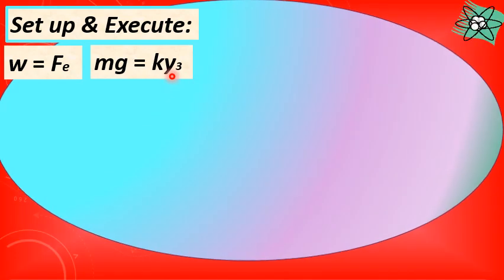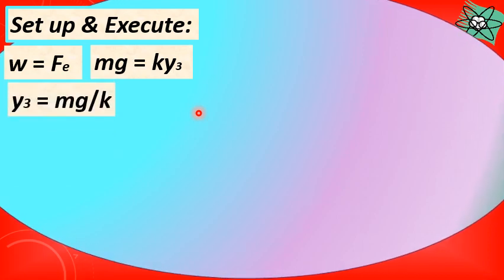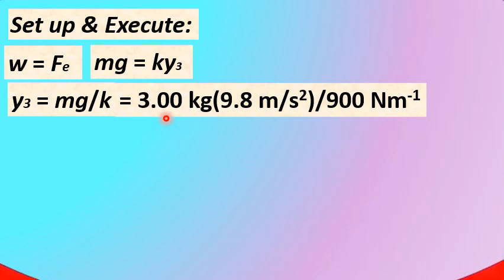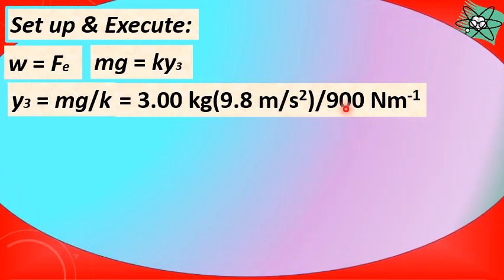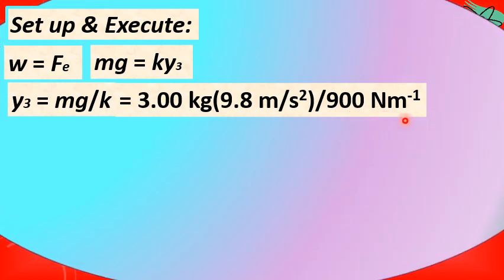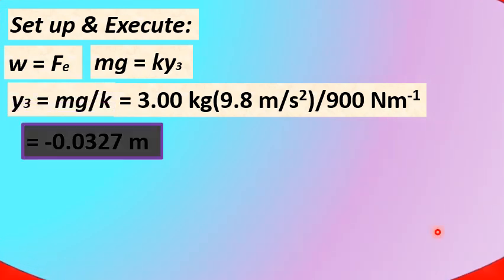And our target variable at this point is the position y sub 3. So isolating y sub 3, we get this working formula: y sub 3 equals mg divided by k. That is, the mass of the fish, which is 3.00 kilograms, times the acceleration due to gravity, 9.8 meters per second squared, divided by the force constant, 900 newtons per meter. So again, doing our math, we get the value of the position y sub 3